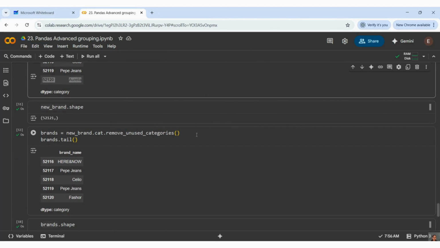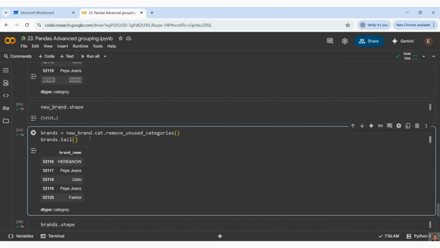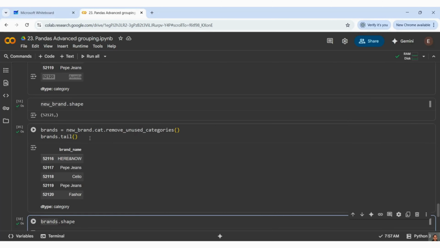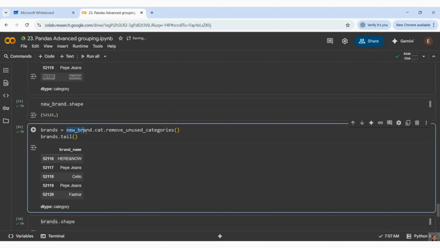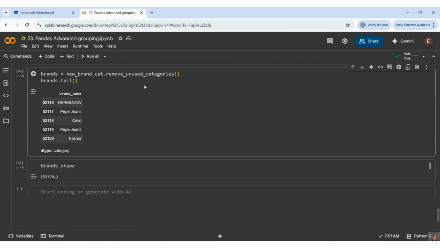And like I said, I have already taught you in our previous video on loc. If you want that particular index value, you just need to pass that index, pass that column name and assign the new value. And if you want to remove any unused categories, this is how we can do it. Cat remove category. However, we don't have any unused here because everything has some values. But if unused categories are present, if that is not assigned to any other values in your data set, it is going to be removed like this.